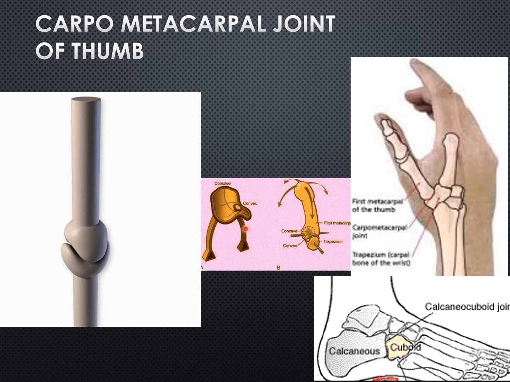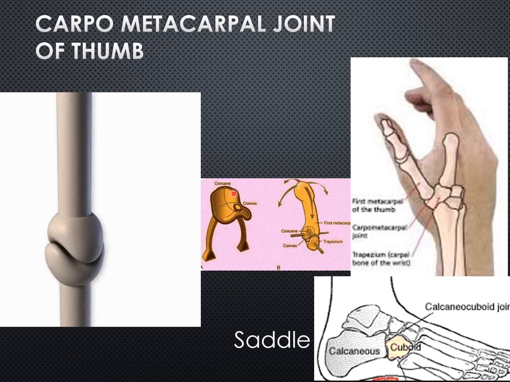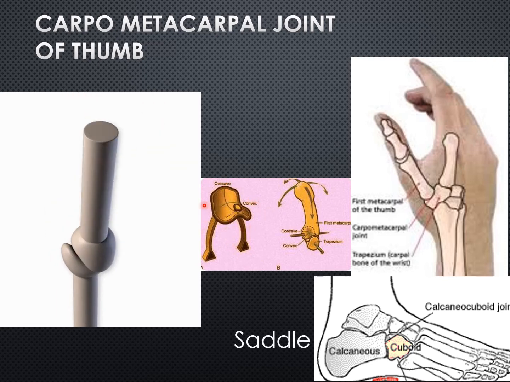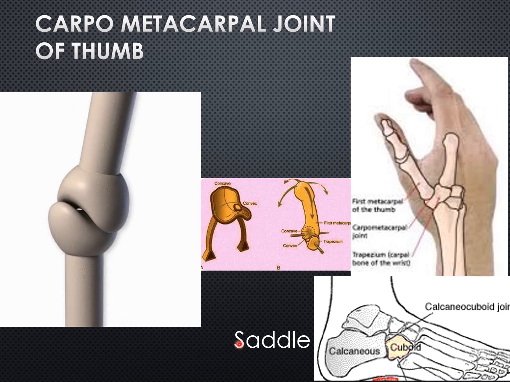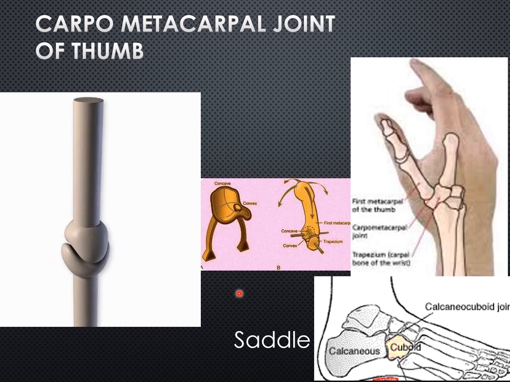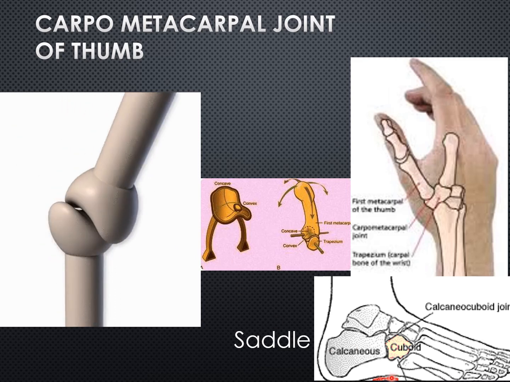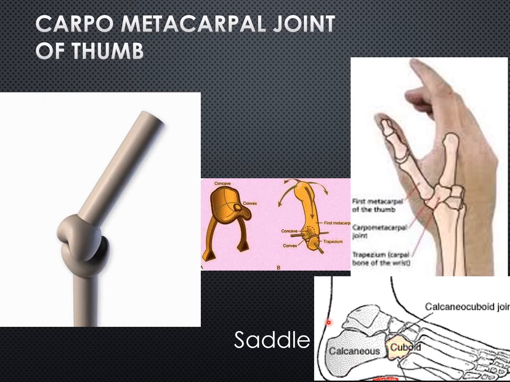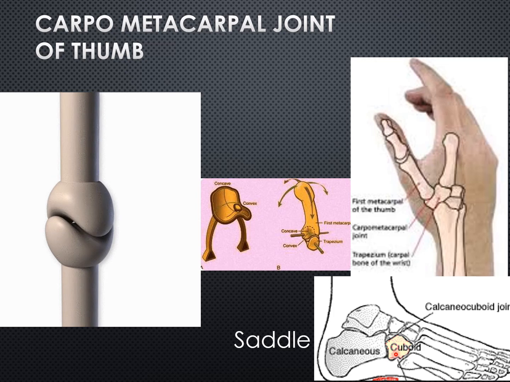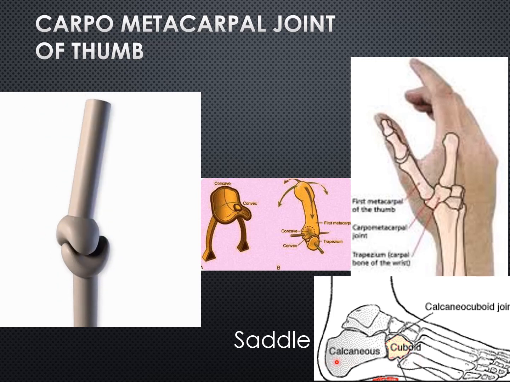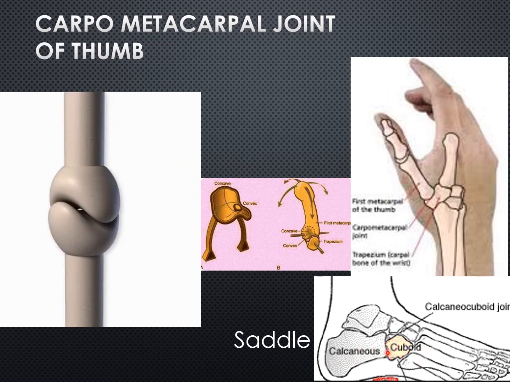It is called saddle shape because it is like a horse saddle. From side to side it is convex, and from anterior to posterior it is concave. So that is why it is called saddle type of synovial joint. Another example that you see in the lower limb is the calcaneocuboid joint. This is the heel bone, that is calcaneum, and in front of this, one of the tarsal bones is the cuboid bone. So calcaneocuboid joint is also an example for saddle variety of synovial joint.